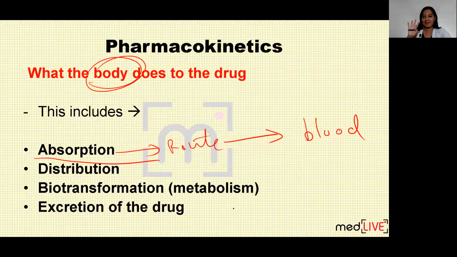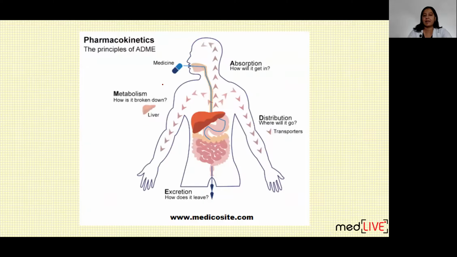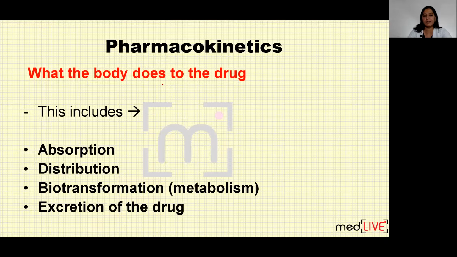Pharmacokinetics has four parts, what the body does to the drug. As soon as I take any drug, the first thing the body does is absorption of the drug. If I am giving the drug IV, that is a different thing, no need of absorption. Apart from the intravenous route, if I am giving the drug to the patient by any other route, the body has to absorb the drug from that site into systemic circulation. So the first part the body does to the drug is absorption. After absorption, look at this diagram. Now just understand this diagram.